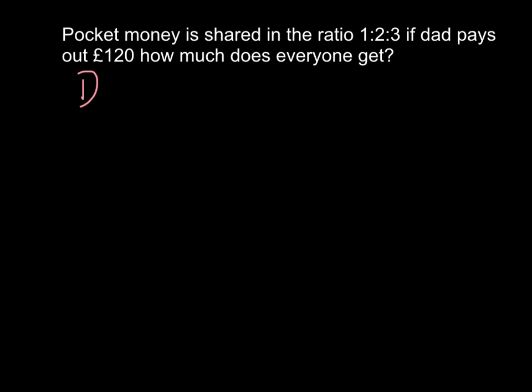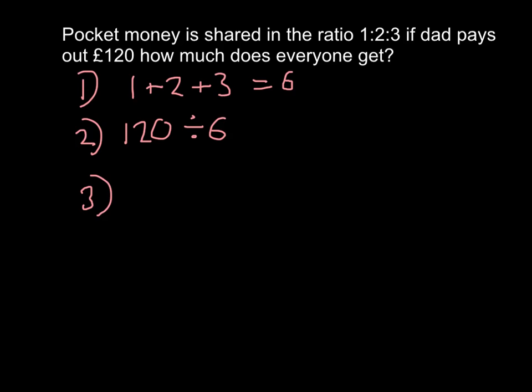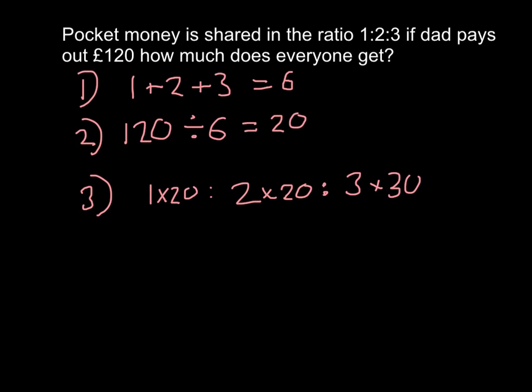The first part is we do our 1 plus our 2 plus our 3. That comes from the 3 parts of the ratio, and that will give us 6. Second part, we divide our total, which in this case is 120, by 6, and for the third part I take my answer to that: 120 divided by 6, 12 divided by 6 is 2, so 120 would be 20. So 1 times 20 to 2 times 20 to 3 times 20, and the 1, the 2 and the 3 coming from the original